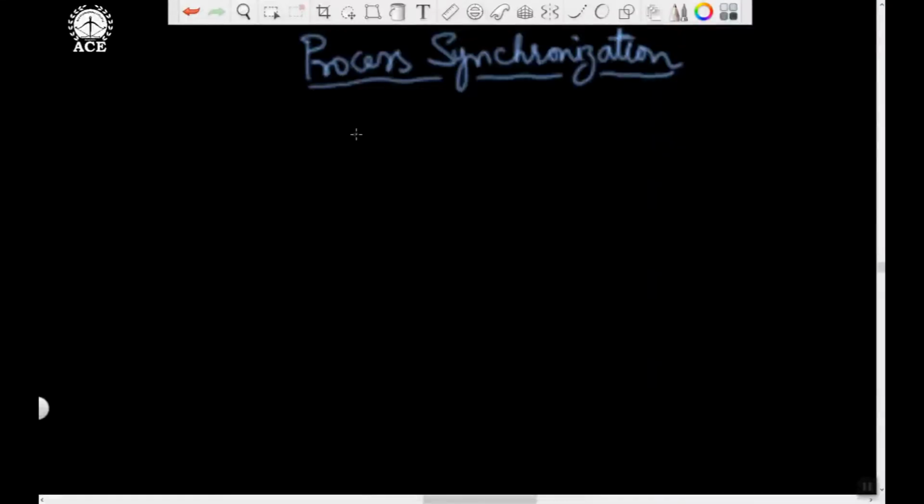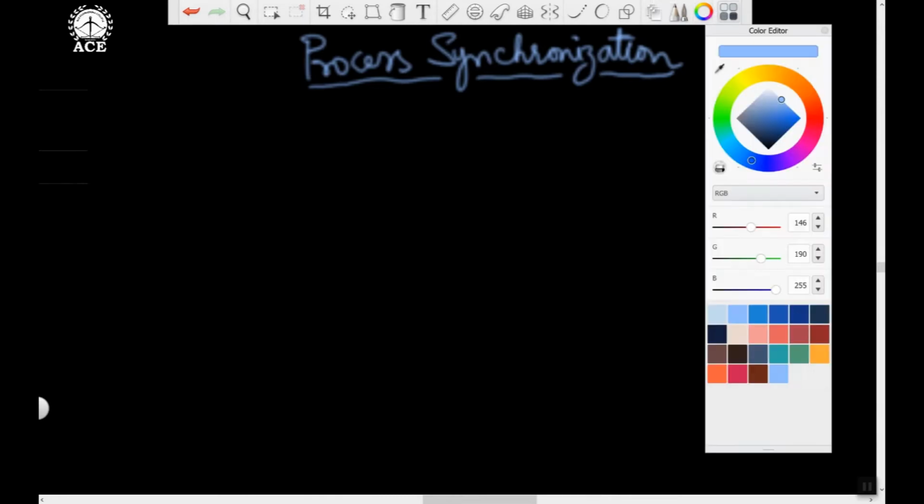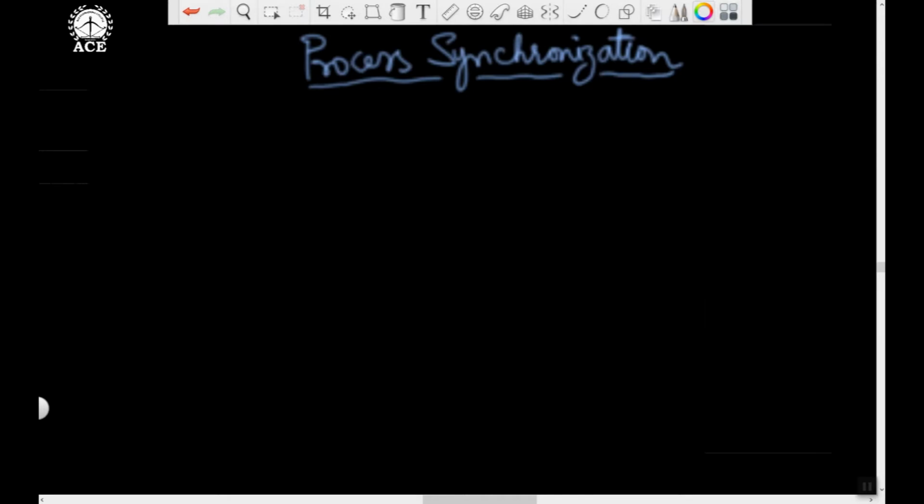Okay, this is the last part of the syllabus that we had left out in Unit 2, if you remember. So in Unit 2, this was the chapter left out. I said I would be covering it at a later point of time. So let us cover it to finish the syllabus.